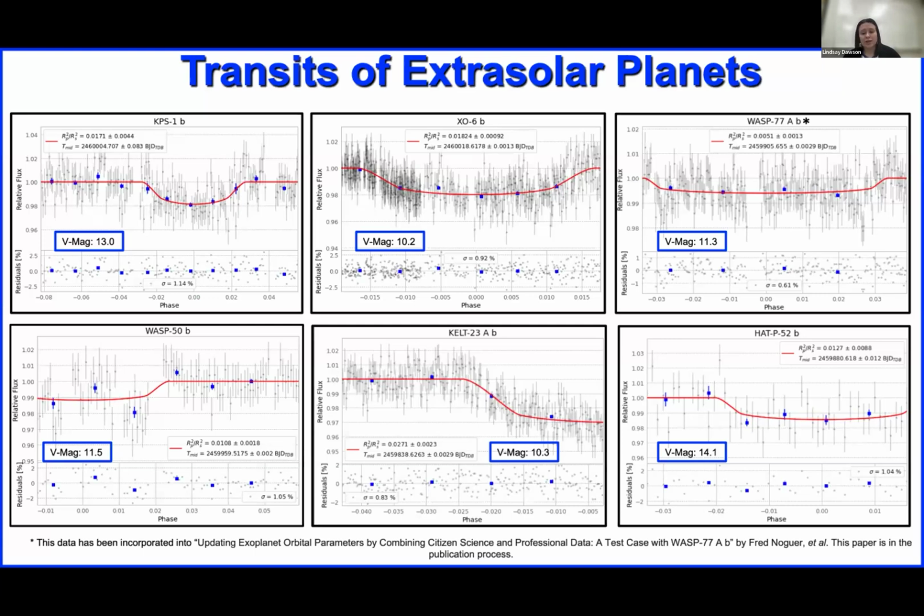And we didn't get a full transit of that one. But with the other ones, you can see that we have a little bit more error, a little bit more of the observations with those with shorter exposure times. And then we also have better error, I guess, for those as well. And then I also want to mention that WASP 77AB, this one right here that has the star by it,